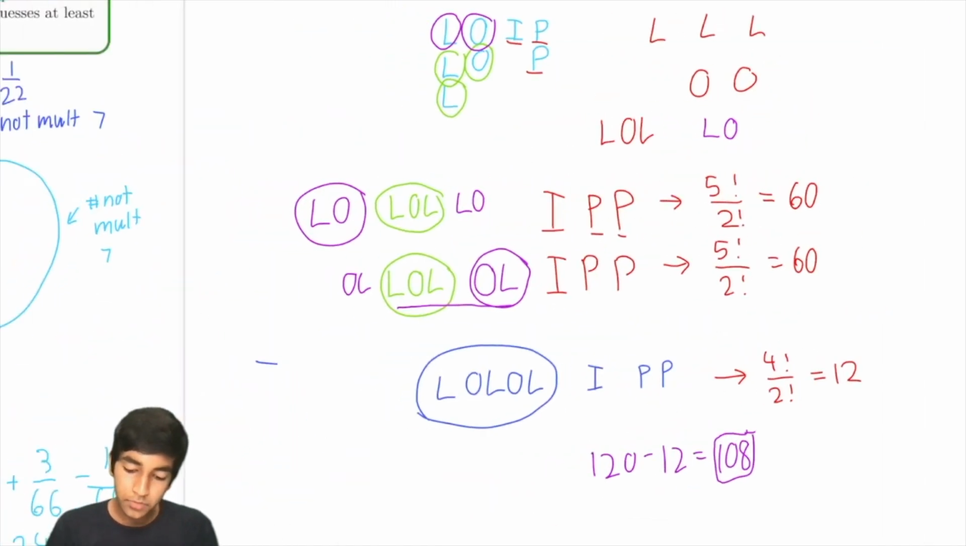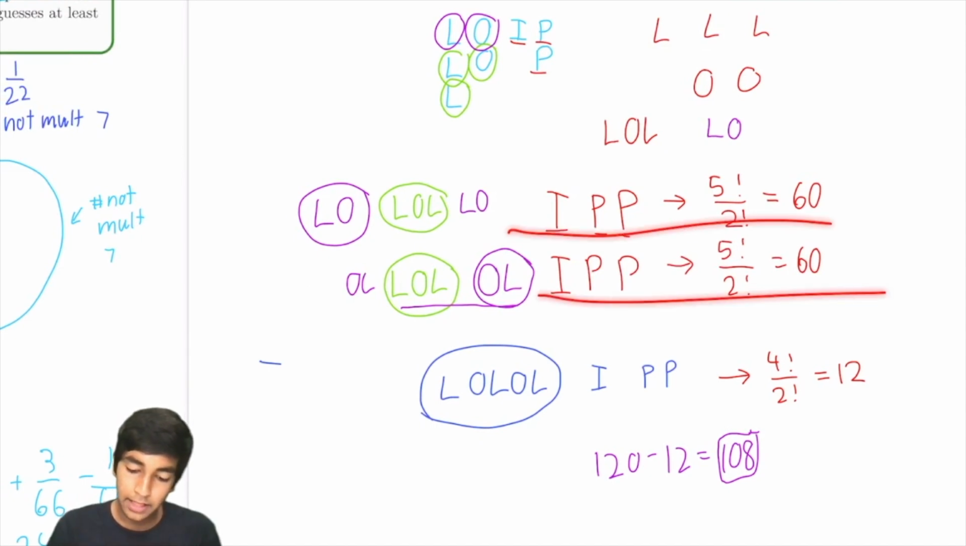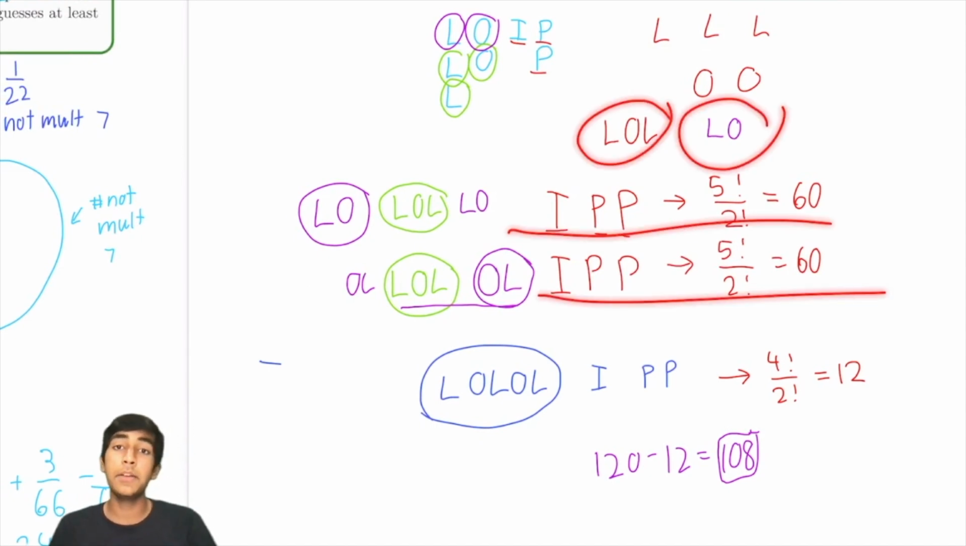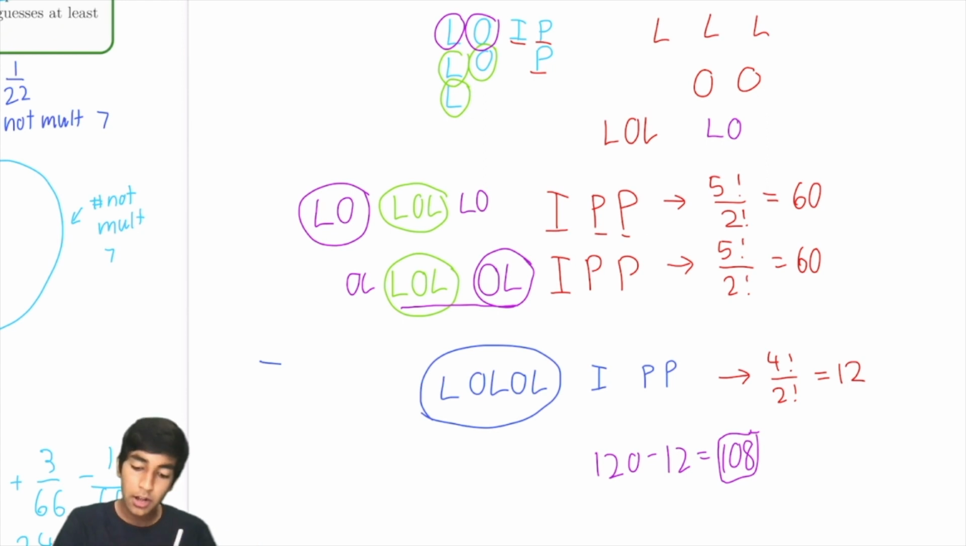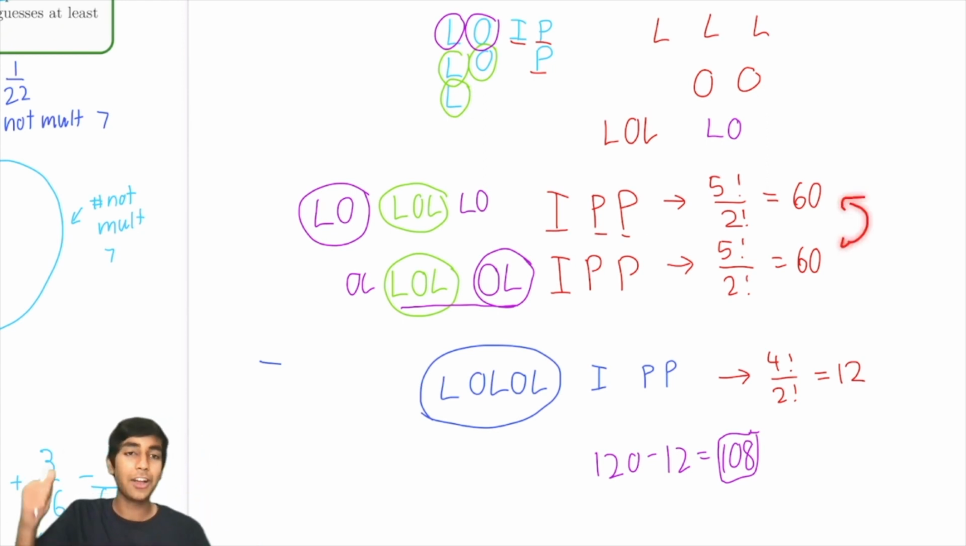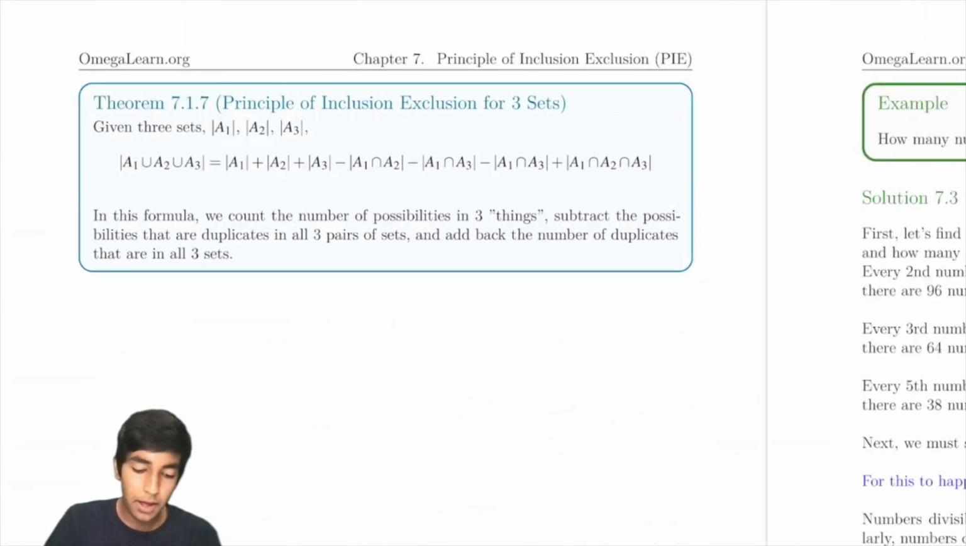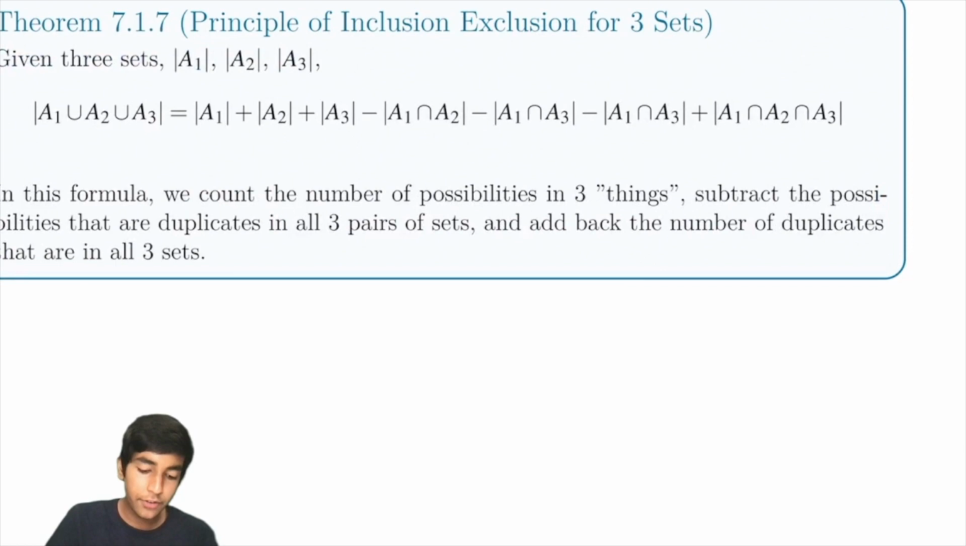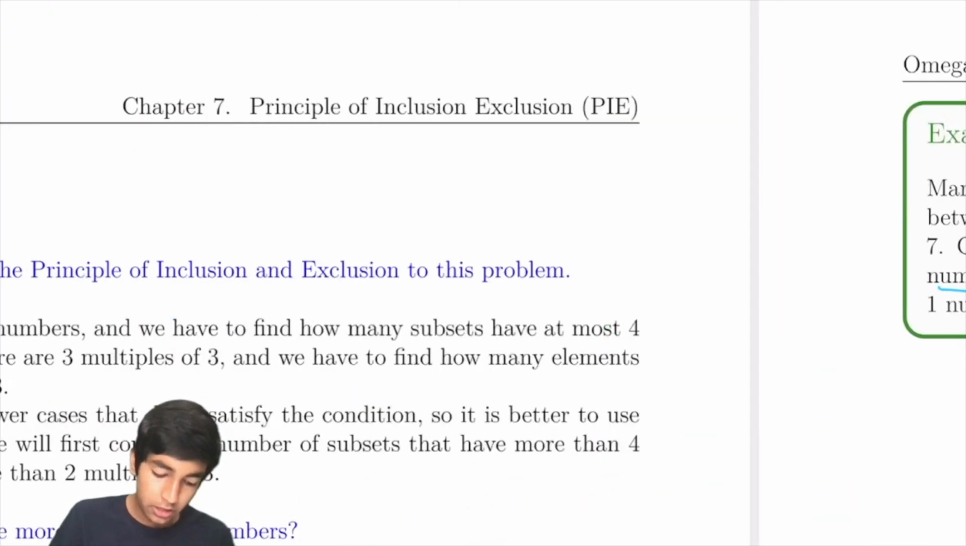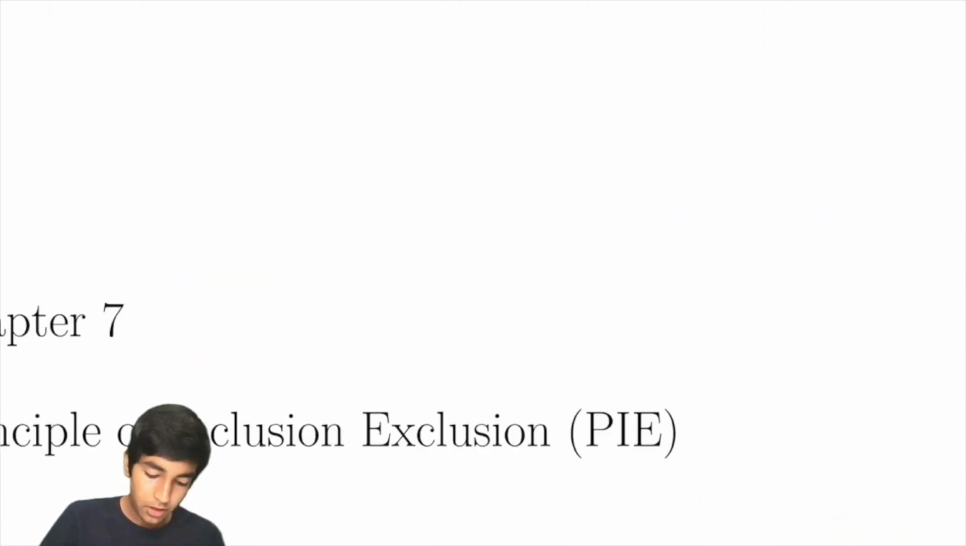Key idea here, 2 cases, of course. Grouping the LOL, the strategy we learned in the word rearrangements chapter. And then noticing that there's going to be some cases overcounting. So we subtract 12 to get 108. A great problem. But what about, essentially for 2 sets, what the principle of inclusion-exclusion states is that what we